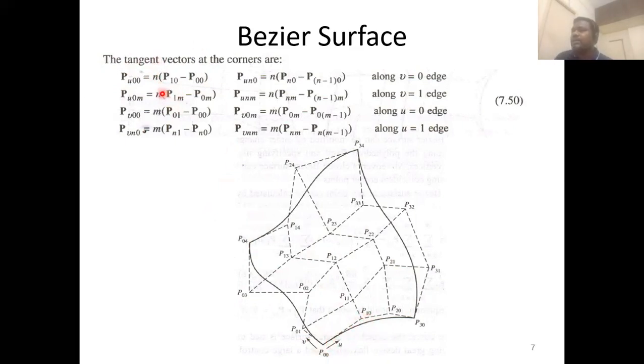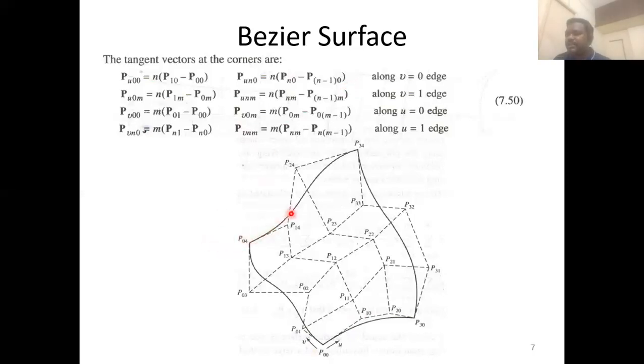If I want to generalize this expression, P subscript U will be there. This 0 is as such, and I am substituting n, because when I am moving along U direction, I am varying n only. Along U direction, n alone is increasing: here 0, here 1, here 2, here 3. If I substitute this value as n, this first value will be n minus 1. That is why it is written. It is a generalized expression.